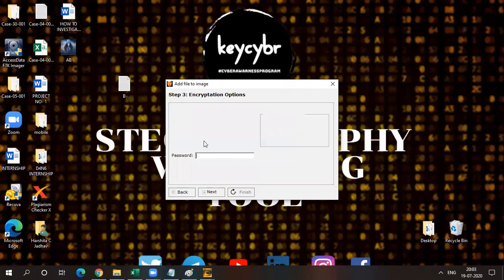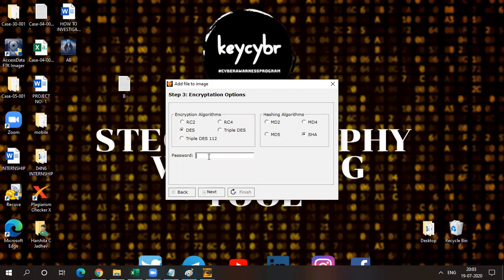Then yes, you can give any encryption options here. Okay, so I will go for DES, and for the hashing format I will go for SHA, and password. Yes, you can set a password for your personal messages also.